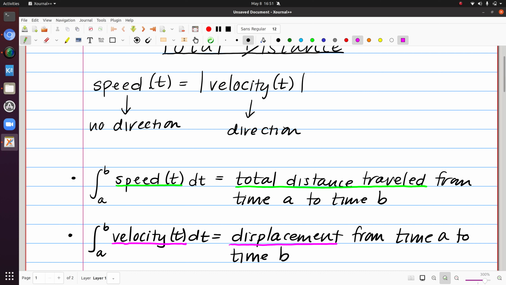So more often than not, in these contexts of these problems, you're given velocity, you're given some indication of direction. So in most of our applications, it's going to be a little bit harder to find the total distance because that involves taking the integral of an absolute value. So we need to be careful with